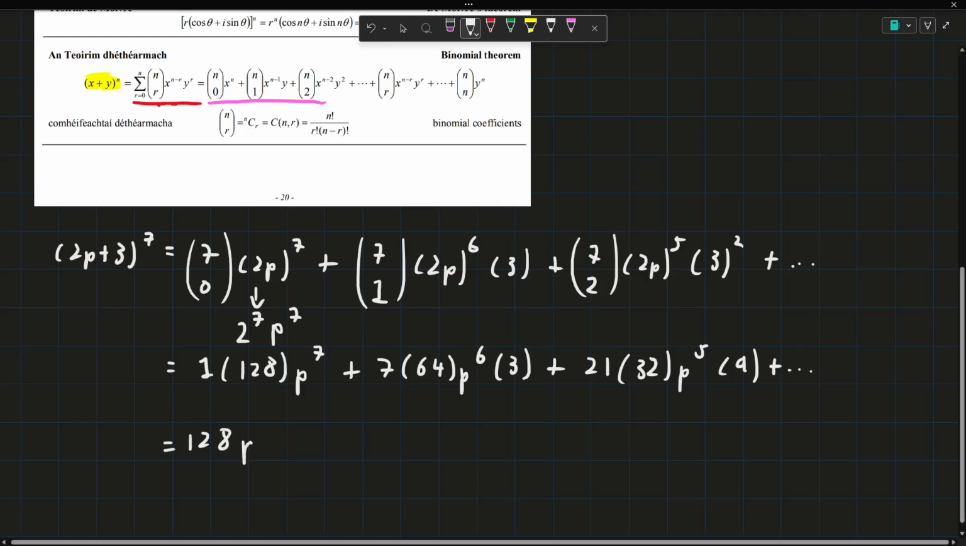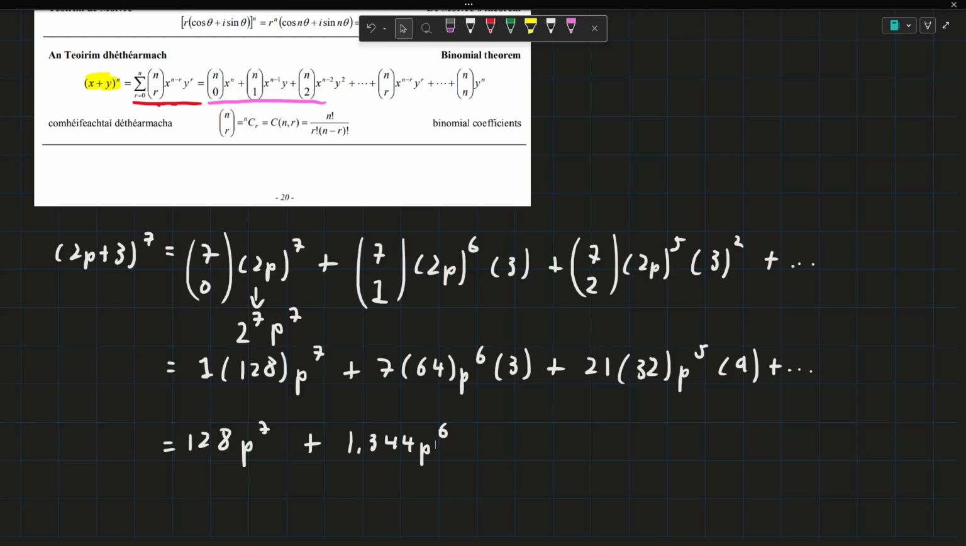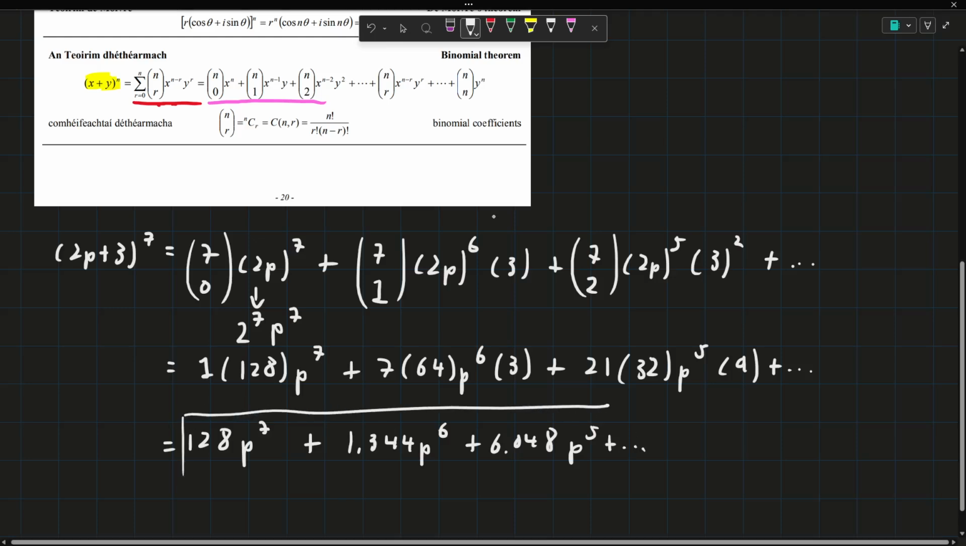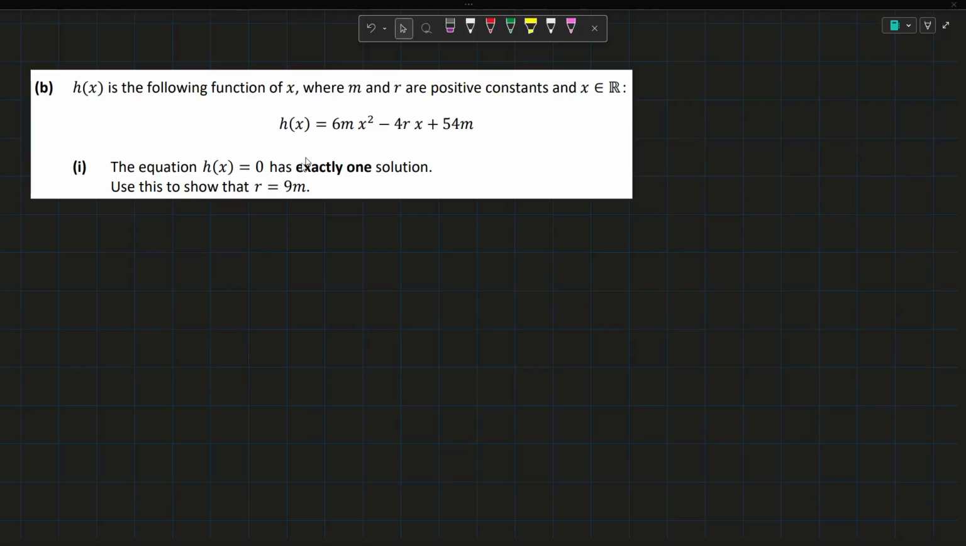So we'll get 128 p to the 7 plus 1344 p to the 6, and then plus 6048 p to the 5, and then plus dot dot dot, but we don't care about the rest. All we care about is the first three terms, and indeed they are in descending powers of p, so we're done. So next we're given a function h, and we're told that the equation h of x equals 0